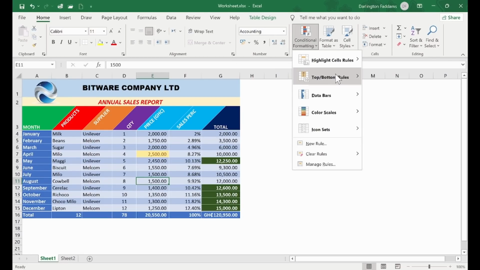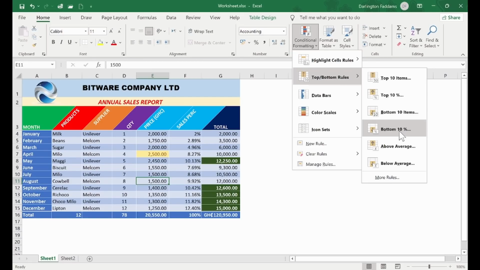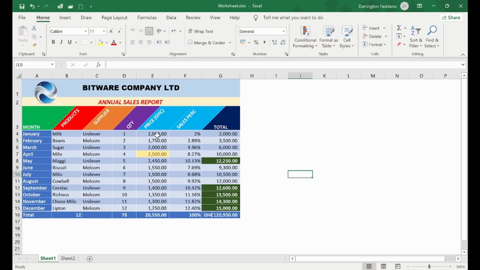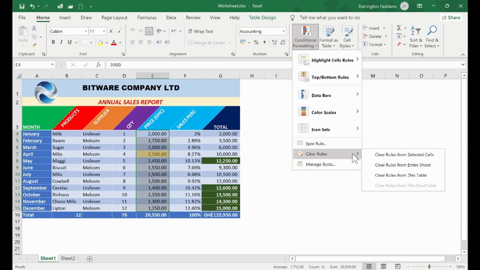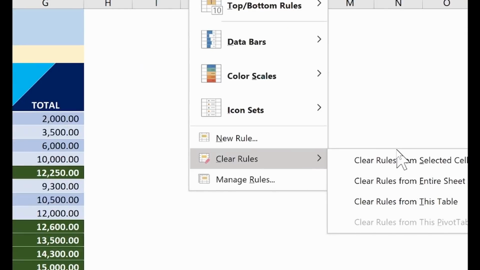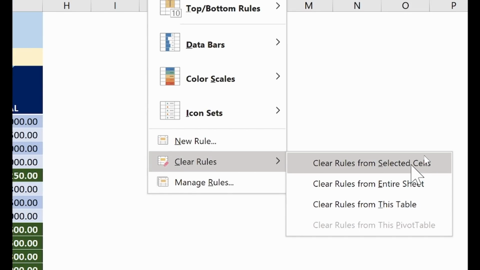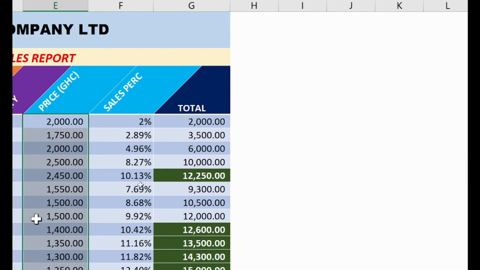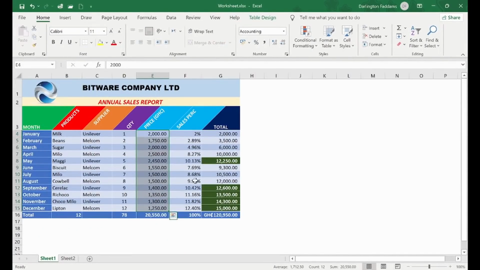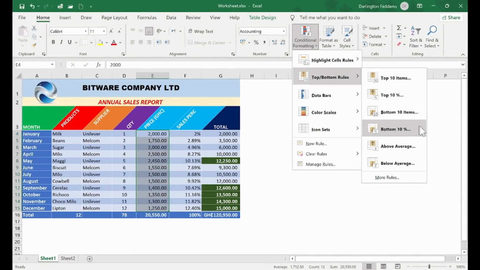We have the top, bottom. Let's try above average and below average. Now let me clear the formatting in this particular text. So format cells, clear rows, and I'm going to clear from selected cells. All right, so it's gone. I've done that. Now let's check this one out. This one says